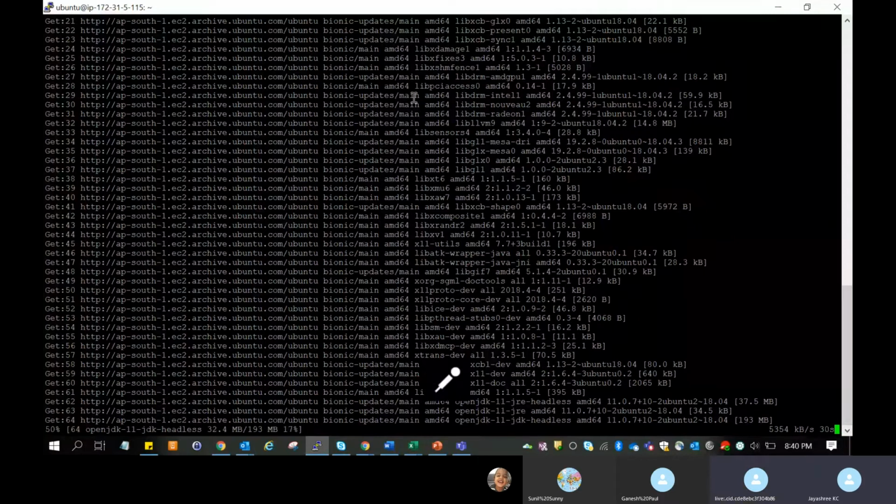In which folder can we see all these installation files in Ubuntu? You can type in pwd. It will show you the current project. Usually it will be under home Ubuntu, and inside Ubuntu it will be there.